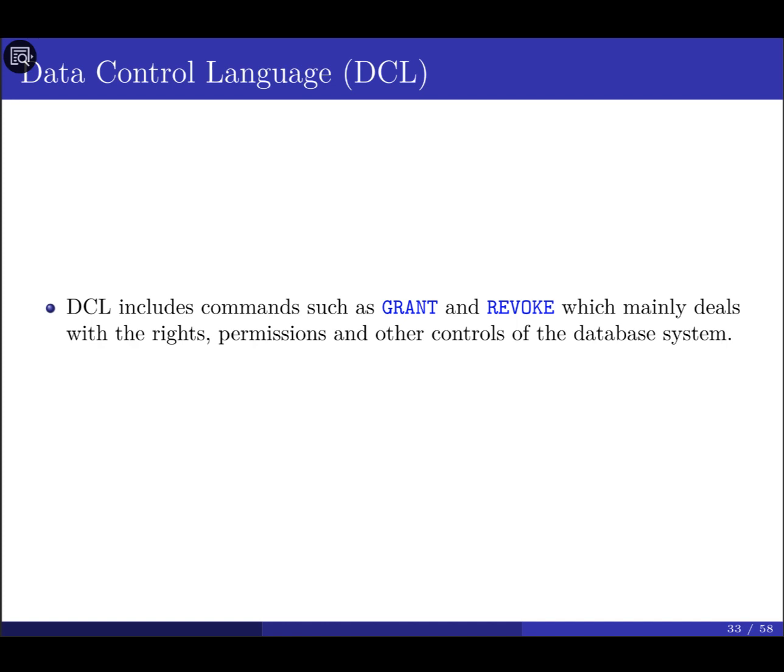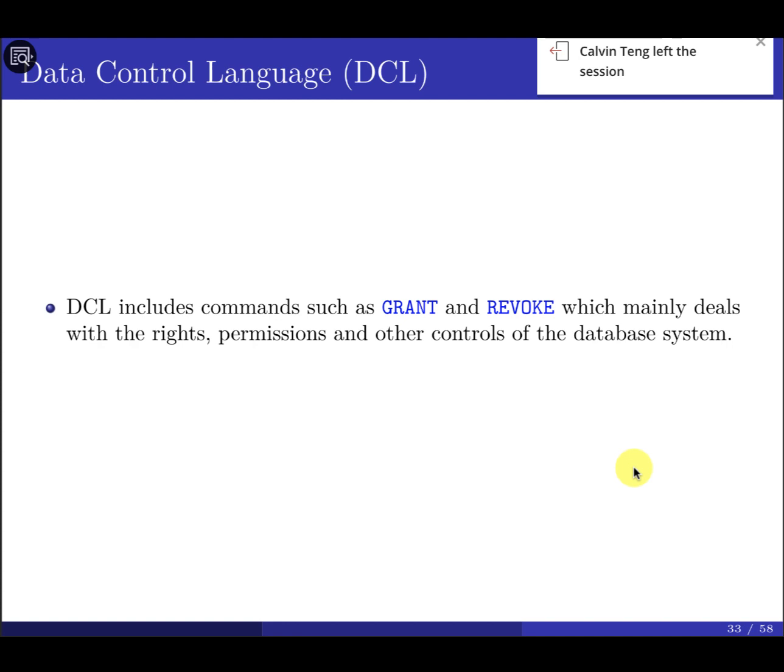The data control language, what is it going to perform here? It's going to include the commands or statements which allow us to grant or revoke access rights. Remember we talked about security? We said that in the file system we cannot do this, but the database management system allows me to specify who accesses what, and also I can specify the access right, privilege, or whatever kind of security, who can access even a set of specific attributes